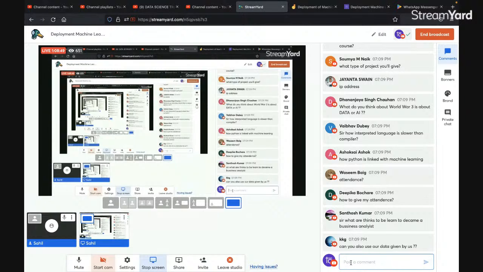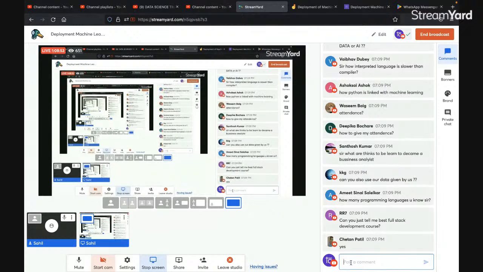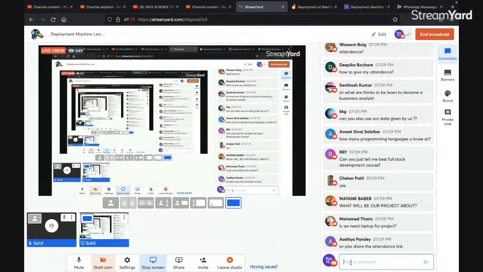Other than that, you can use Java as well. You can use C, Java as well, but you will not find many libraries for these two, nor the content and the communities. So that's why we prefer Python, because it has a huge community and a lot of libraries as well. Anyone else?